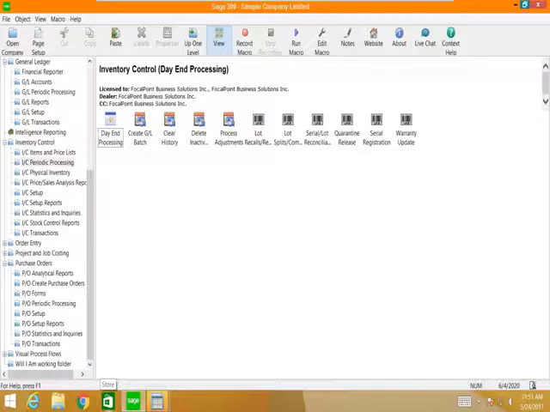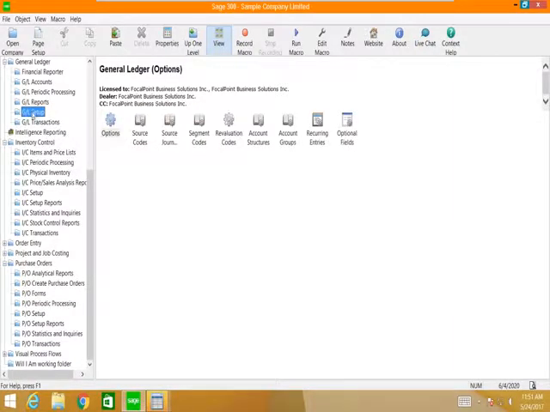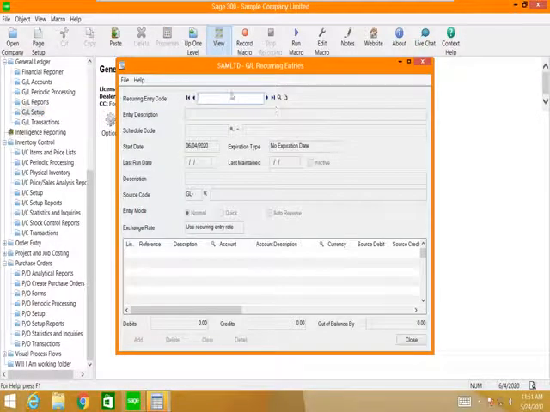Can you show us recurring entries in the general ledger? Yes, I can show you recurring entries in the general ledger. So since I'm here in the general ledger, let me go to set up recurring entries. I have created an entry like a depreciation entry. Okay. So when you create an entry,